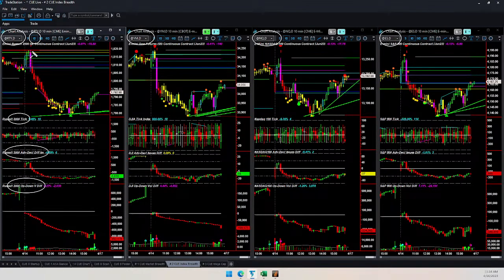See how Russell 2000 very fast came below the early range low. Tried to go up little bit, stopped at this yellow pivot line, sharply reversed, and throughout the day continued to go down, and the internals, advanced decline and up down volume, both were weak throughout the day, which is very different from Nasdaq